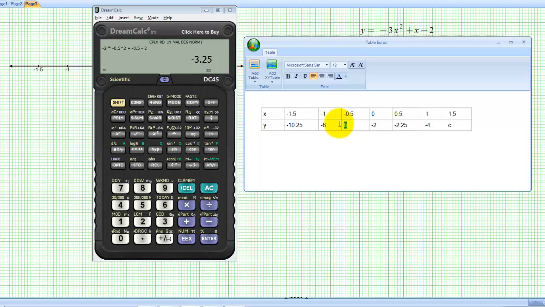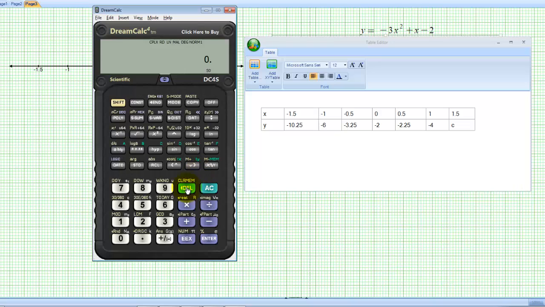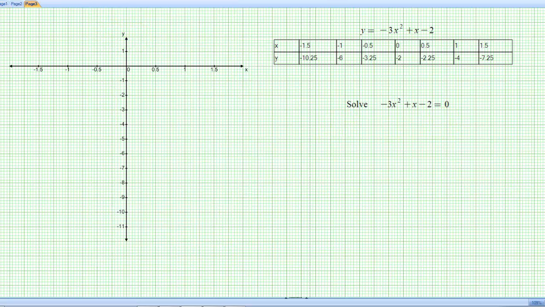The value of b will be negative 3.25. To find the value of c, we'll substitute in x equals to 1.5 and hence y equals to negative 3 multiplied by 1.5 squared plus 1.5 minus 2, and the value of c will be equals to negative 7.25. We shall now go ahead to plot the graph when x equals to negative 1.5, y equals to negative